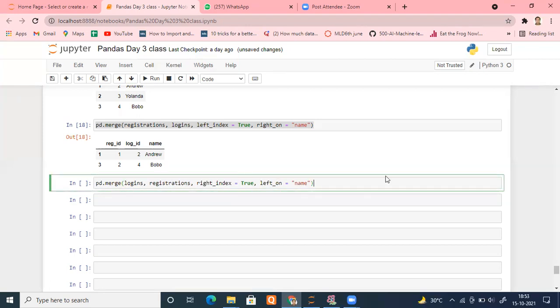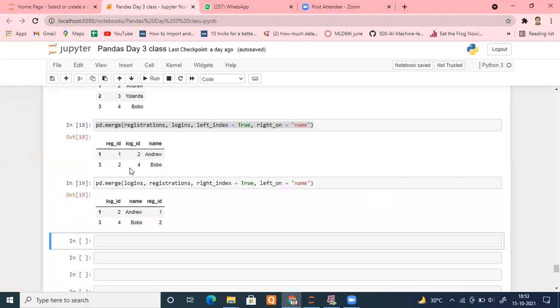Somebody was telling just replace right by left. Perfectly fine. This is the thing you have to do. Okay, so we can run this. See, we are getting the same results. So you have to understand these concepts, and maximum people get rejected due to these joins only. This is the real time scenario you are going to get. Is it fine, everyone?